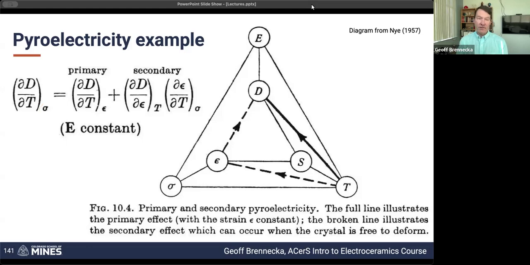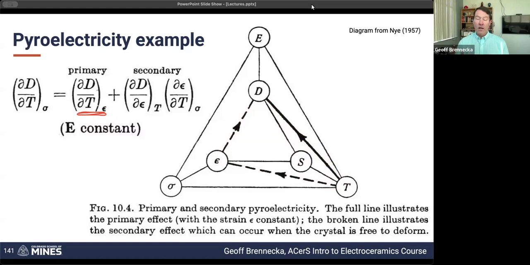So when you have constant stress, there's going to be these two different contributions. One is the direct response at constant strain, and the other is going to be the thermal expansion plus piezoelectric contribution, and these add together. Most of the phenomena that we talk about related to the Heckman diagram, so if we're talking about piezoelectricity at constant stress or strain, or constant field, or constant voltage, or any of these kinds of scenarios, most of the time, what ends up being the primary one will constitute something like 90 or 95 or even 99%